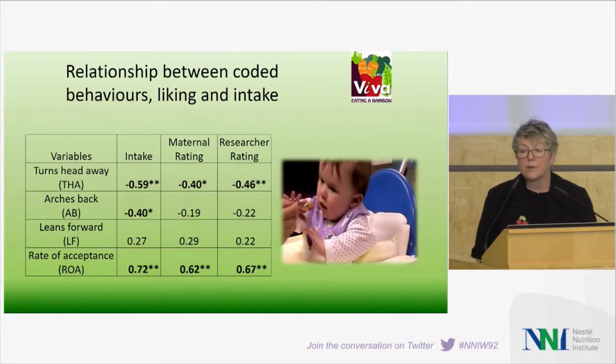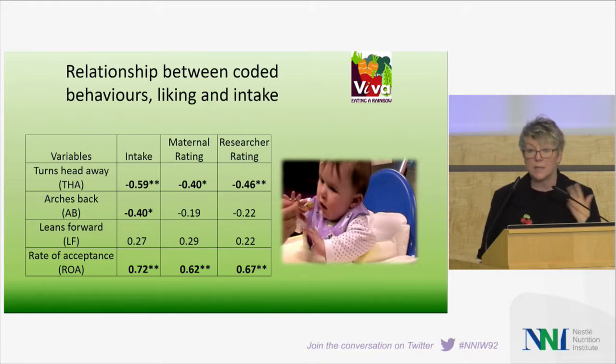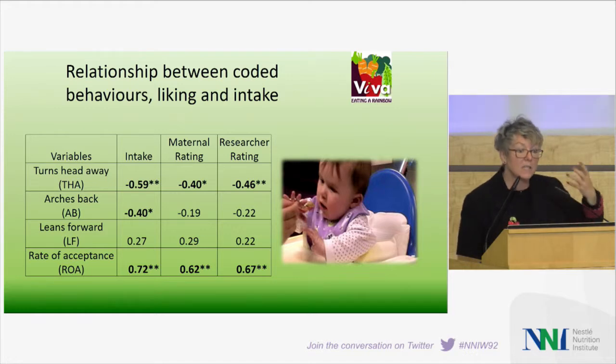So these behaviors actually correlate well with how much is consumed. The more the baby turns their head away from the spoonful, the less they'll eat. And the more the baby turns the head away, it's an inverse correlation with how much the mothers say that the child likes the food. So these behaviours correlate well with how much is consumed, as does the rate of acceptance, how fast they accept